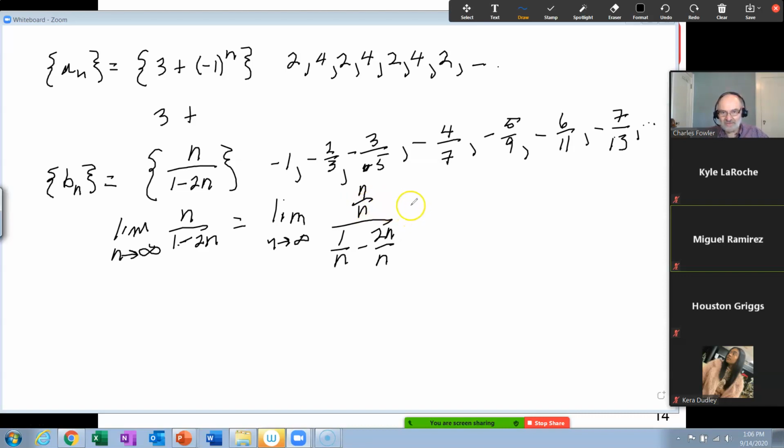Well, what does this give us? Okay, let's take a look at that. That'd be the limit as n approaches infinity of, the numerator here becomes 1. The denominator here, 1 over n, as n gets very big, goes to 0. This one, though, is negative 2. So our limit here is negative 1/2. And sure enough, that's what it seems to be going closer and closer to.